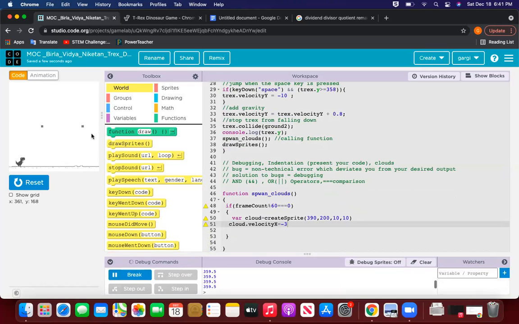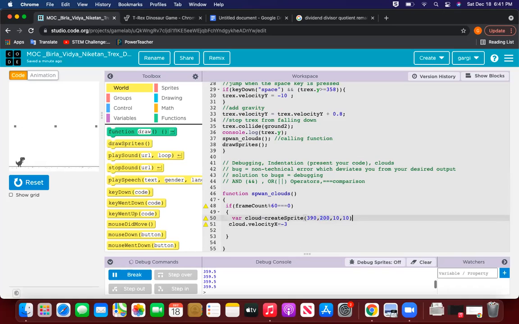I want random heights. So first let's choose a range. I would like to have clouds reaching the top of the T-Rex, that is 344, and this is 200.